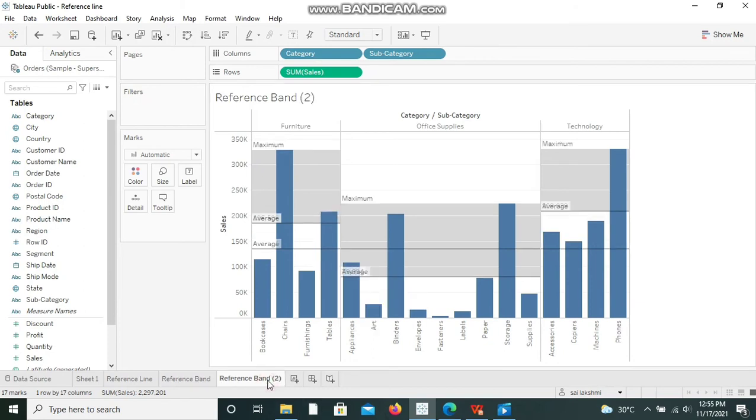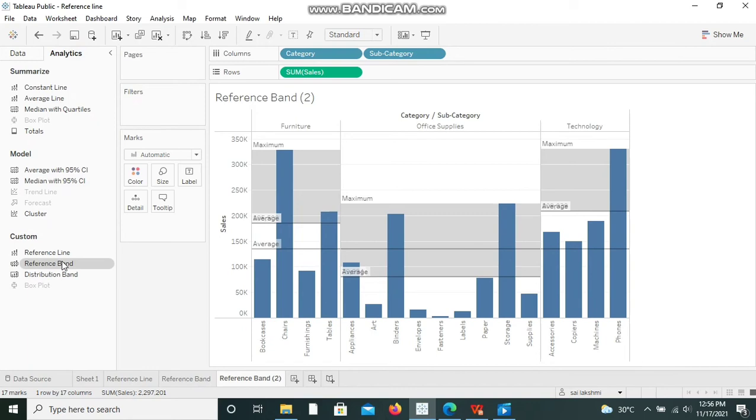When we select per pane, it will consider each and every category and display the average value and maximum value on top of it.